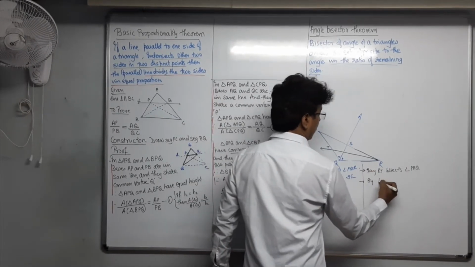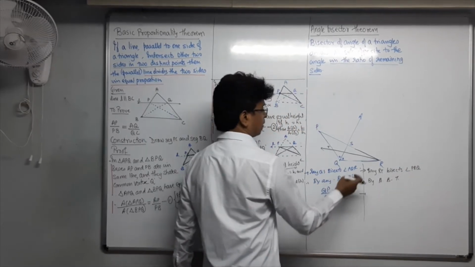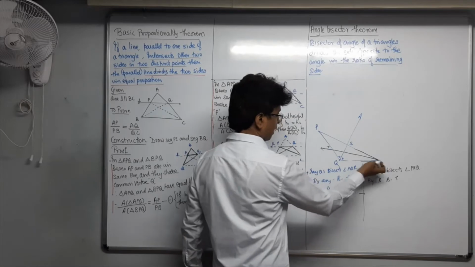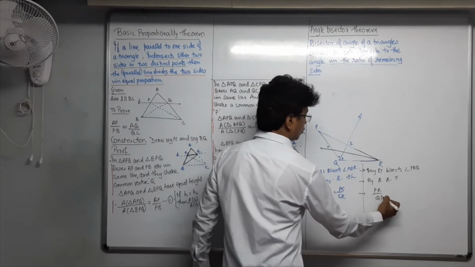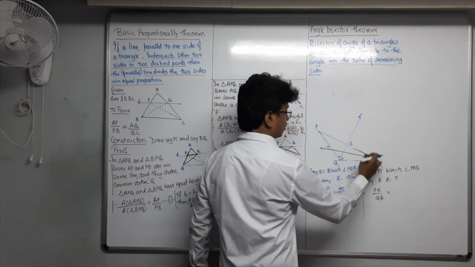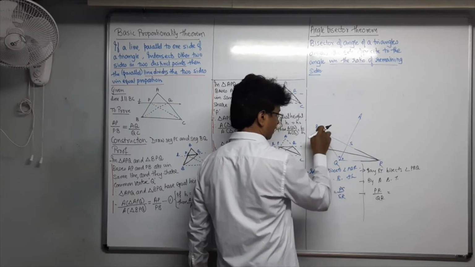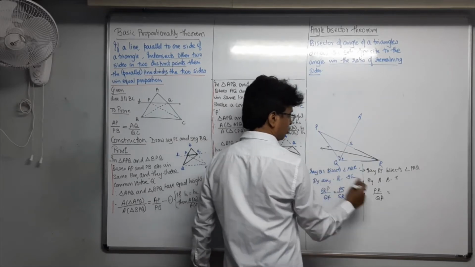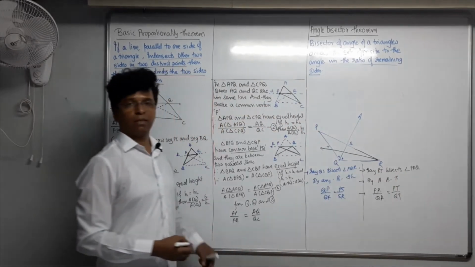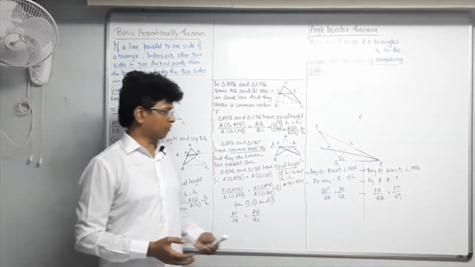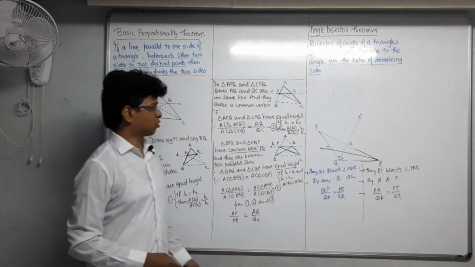Second, by angle bisector theorem. Call the theorem. What is the equation I will get? Which are the two sides? PR and RQ are the two sides. So PR upon QR will be equal to, these are the sides bisected, PT upon QT. This will be the equation generated because of the application of the angle bisector theorem. Are you getting, my dear students?